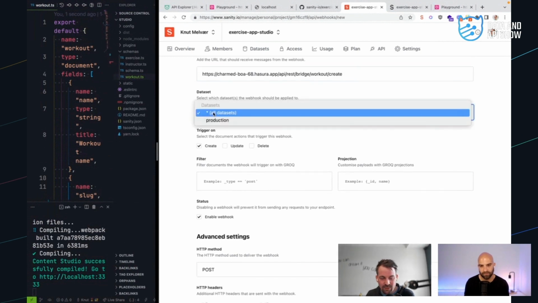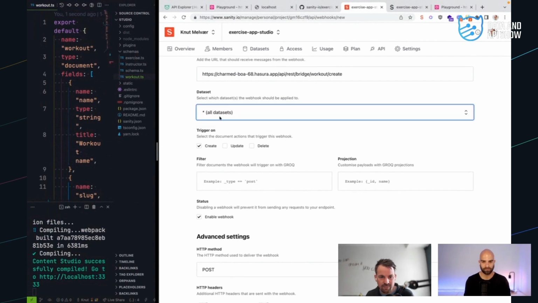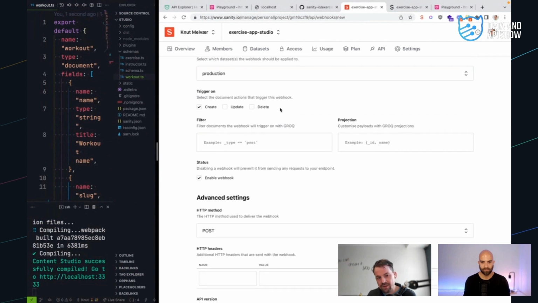Anywho, so we have the concept of datasets. That's almost like databases. It's kind of like collections of your documents, but we can just put it on all or just production. And then we can decide when something should trigger. Should it trigger when we create a document, update it, or delete it? I guess we probably want both.